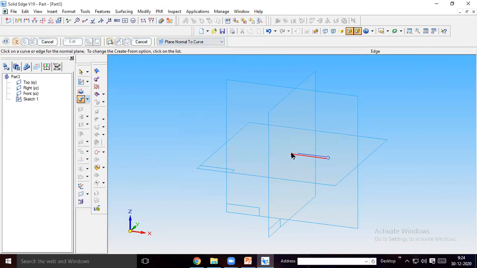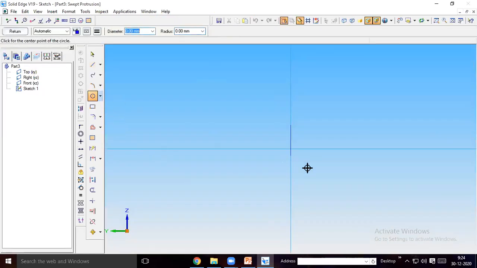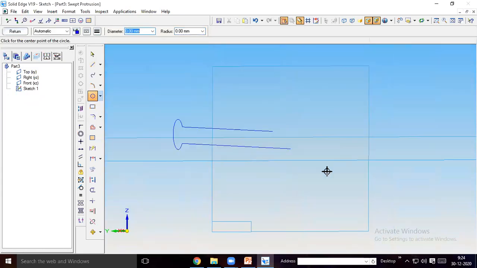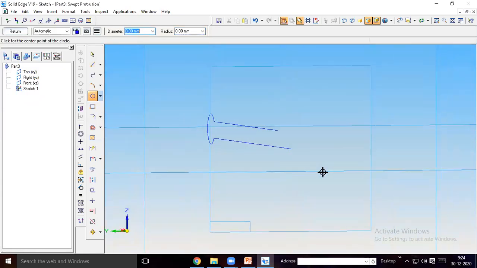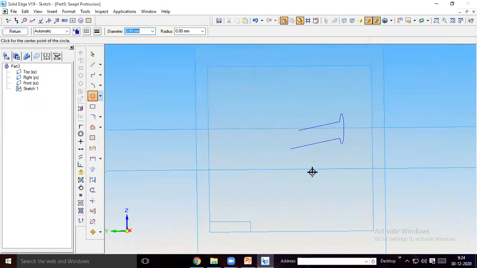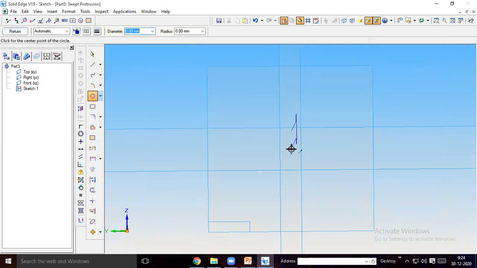Plane normal to curve. Select this. Select the end point of this. Draw a 1.2 mm circle. Return.